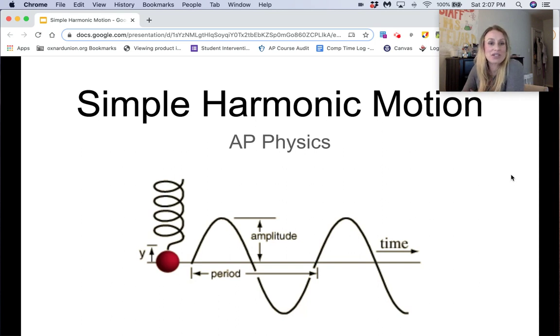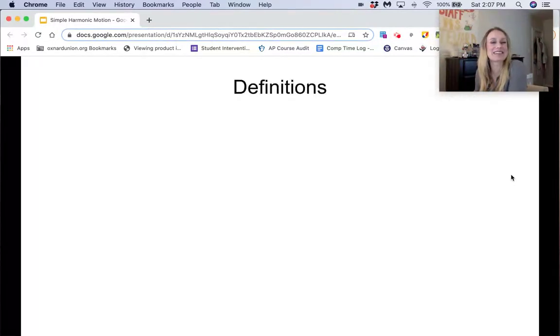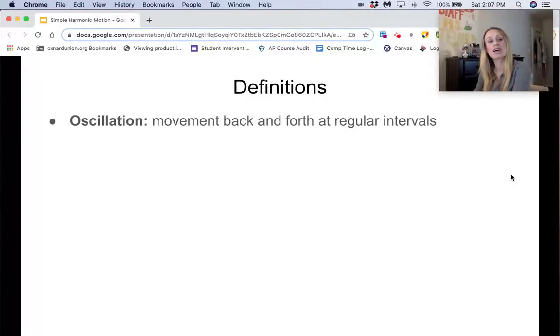So this lecture is going to be about simple harmonic motion, which is not very simple. So let's get started. Before we start talking about the equations for simple harmonic motion, we need to talk about some definitions. The first one is an oscillation, and that is just a movement back and forth at